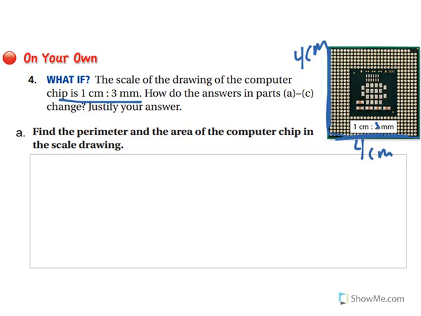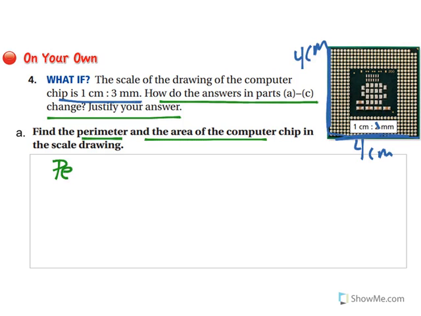Okay, well, let's take a look at this. The first thing you need to do is find the perimeter and the area of the computer chip in the scale drawing. The very first question said the scale of the drawing of the computer chip is 1 centimeter to 3 millimeters. And it then goes on to say, how do the answers in parts A through C change? Justify your answer. So for our first question, the perimeter and the area of the computer chip in the scale drawing, since they are both 4 by 4,